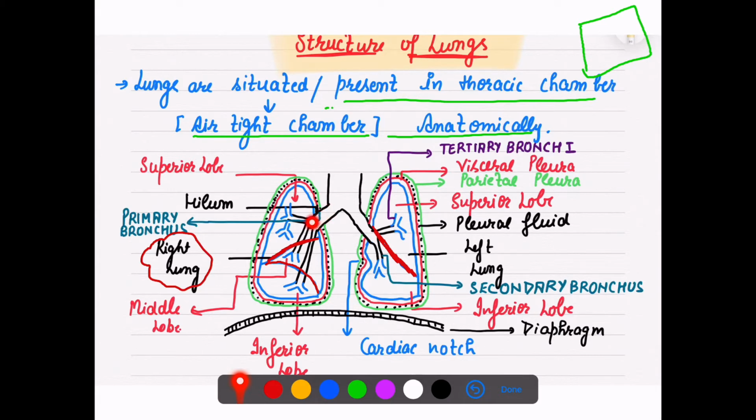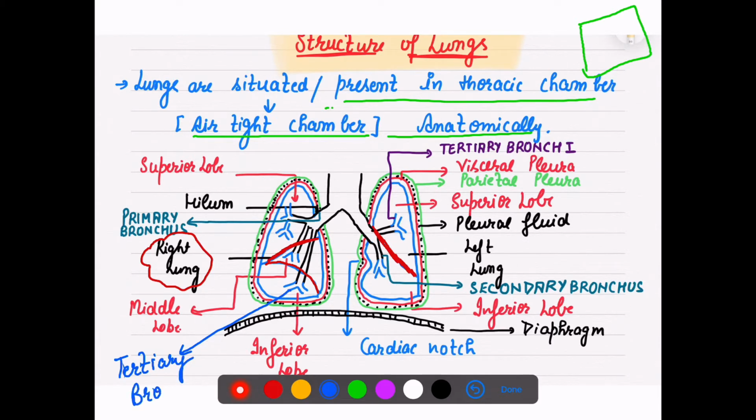Now this primary bronchus is further branching out into the secondary bronchus, as you can see. This secondary bronchus enters into each lobe. Just follow the blue one, this further divides into branches, and these are called tertiary bronchi. One is entering into the inferior, one into the middle, and others are entering into your superior lobe. In this way, these are the tertiary bronchi. If I have to mark for you, this one is the tertiary bronchi.